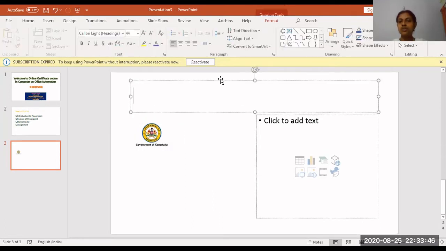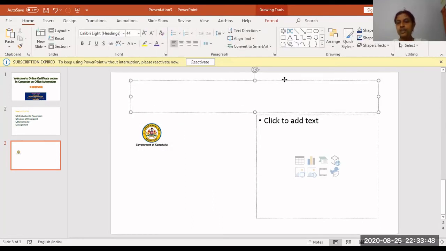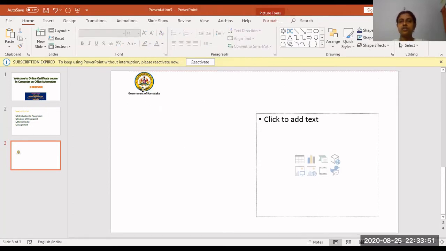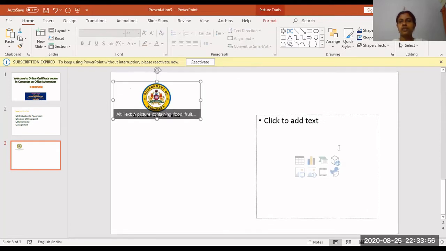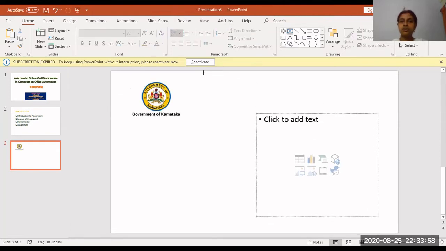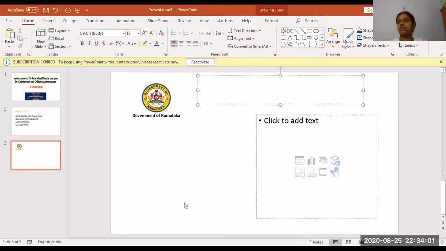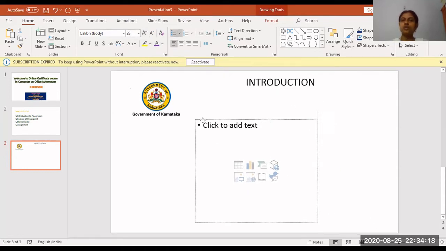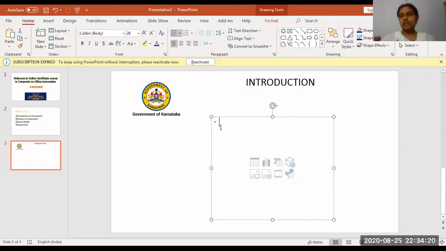And one more thing, even if dotted lines are there and you don't want that line, you can select it and delete it. It's not going to be a problem for us. Wherever you want, you can. Once again, if you want that thing, you can select it like this. Okay. So the first slide was introduction. So I'm just placing introduction. Select it, make it big, give the color combination, and then you want to tell about this course.